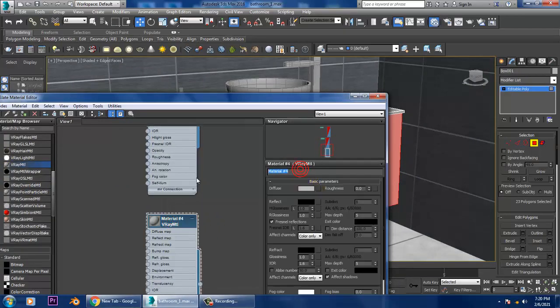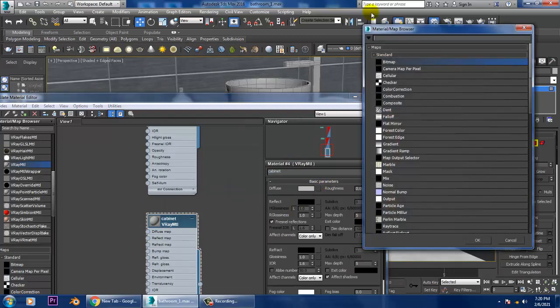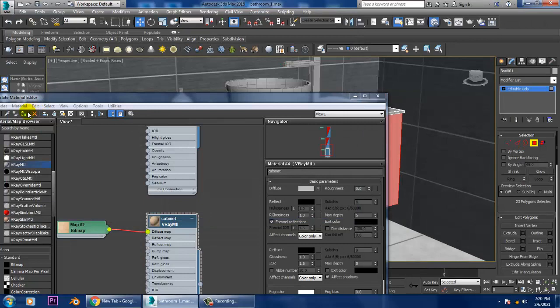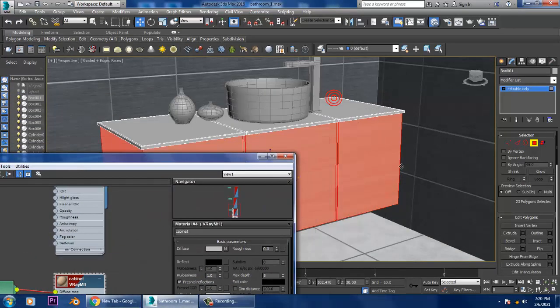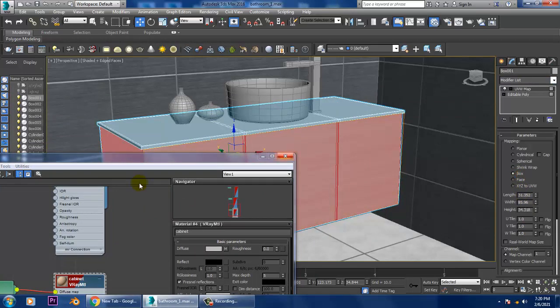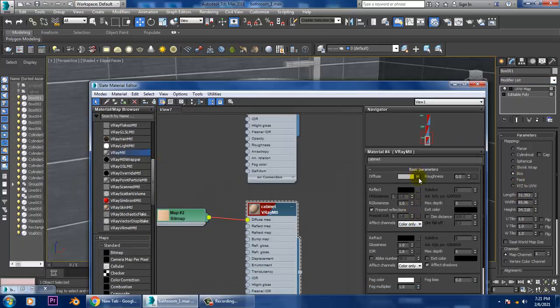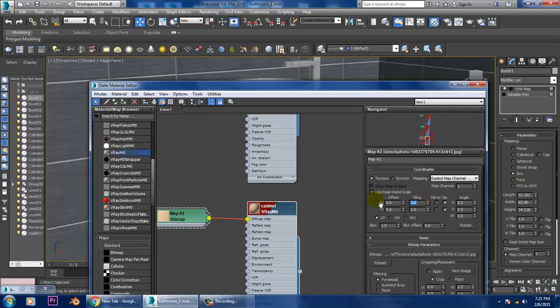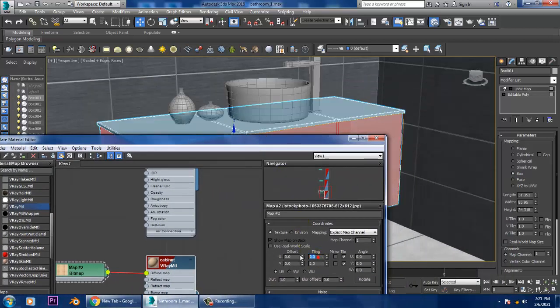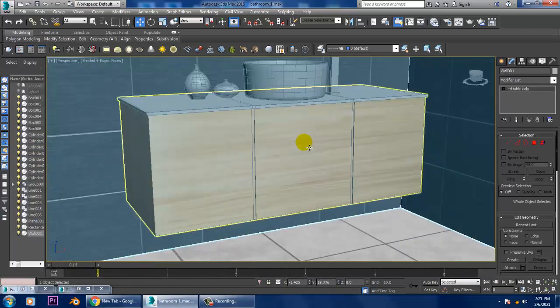Let's name it as cabinet over here, bitmap, and let's assign a wood texture, UVW map. I think we'll set this as 1. That would be much better for this.